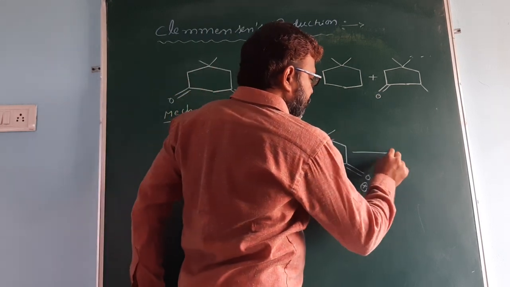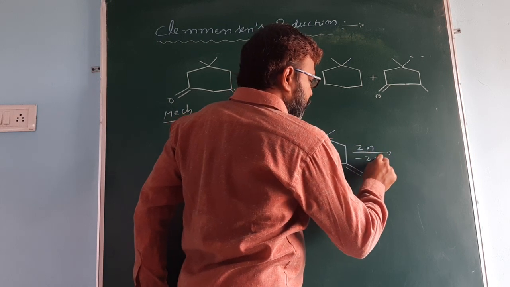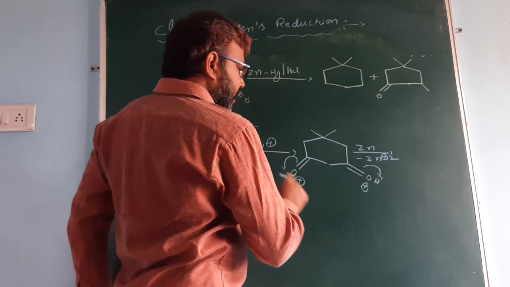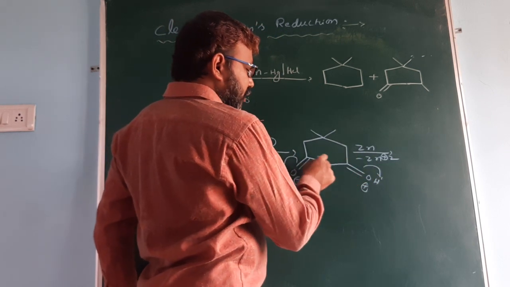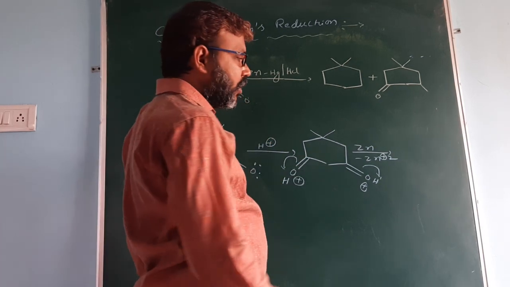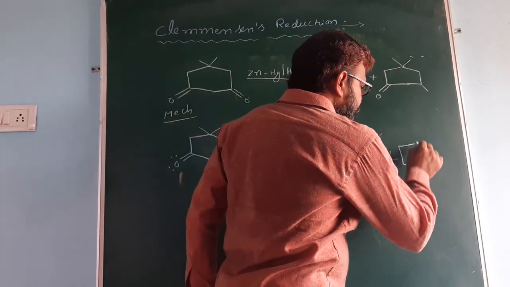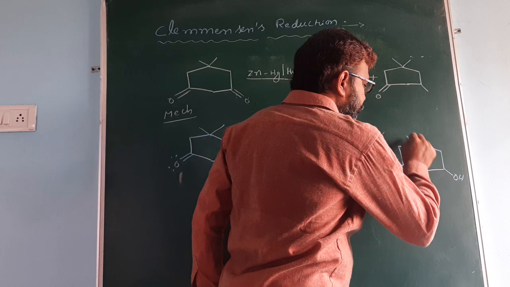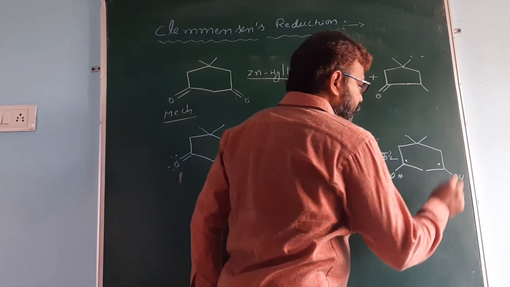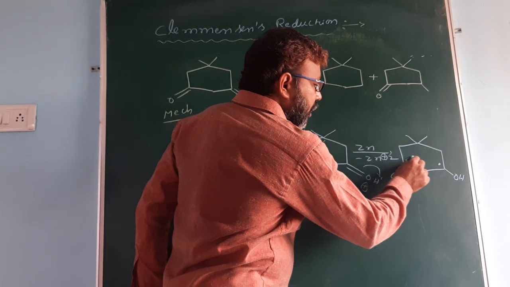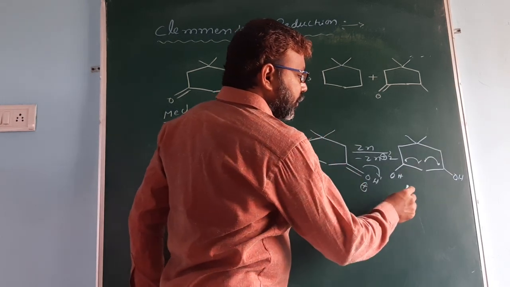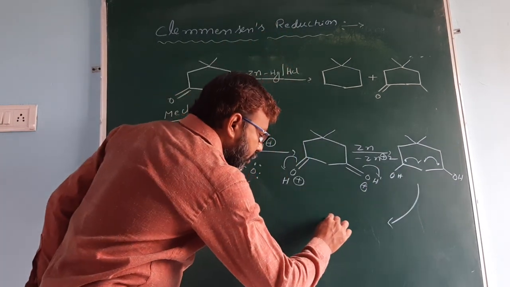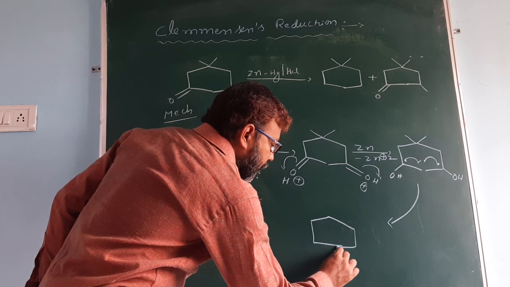Now the reaction takes place in the presence of zinc. Zinc can donate 2 electrons. This bonded electron shifted to here, this bonded electron shifted to here, zinc donating 1 electron, and here also donating 1 electron, you get a di-free radical. Now they are involved in bond formation, and you get a bicyclic compound.